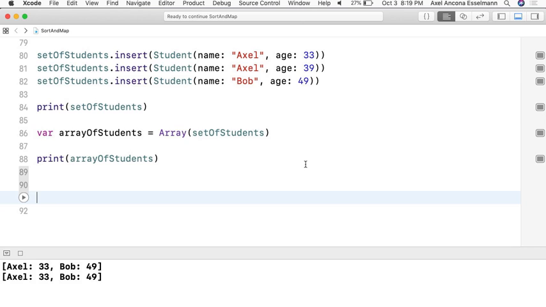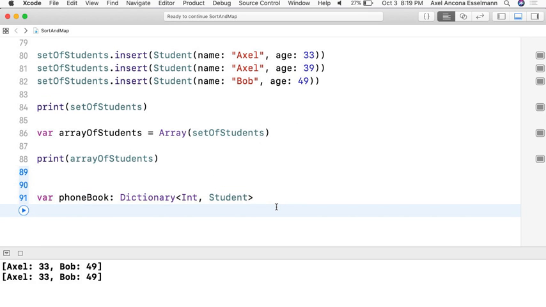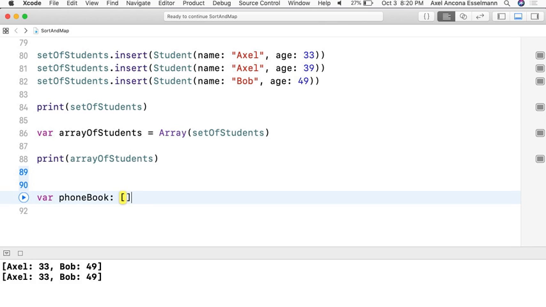I really like this. So var phone book. So how do you define? The proper way to define a dictionary is by using the generics. So it would be int and student. So this would be the proper way. But again, there's a syntactic sugar way, so you'll never see this. I have never actually written this in my entire life. So int and student with a colon. This is a way how you can